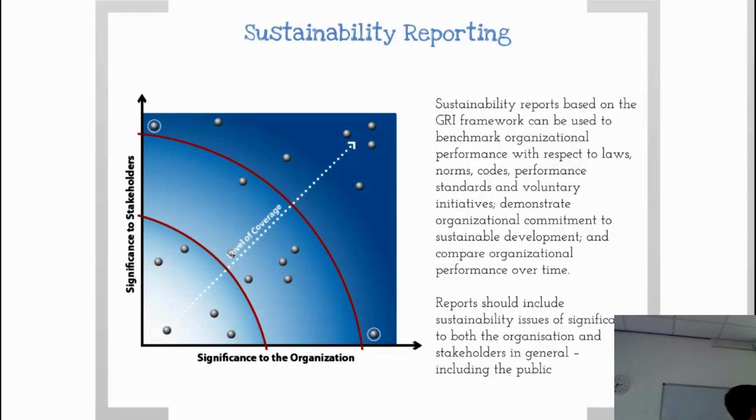But there are some key principles you need for sustainability reporting. They need to be significant to the organisation, so you need to be able to talk to your organisation. They need to understand it, so it needs to be in their language to some degree, but it should also be significant to your stakeholders. I teach a module called Corporate Reporting for Corporate Sustainability for Multinationals. The students there look at loads of these FTSE 500 reports next to each other. Some of these reports from big companies are written in so much company jargon you don't understand a word they say.